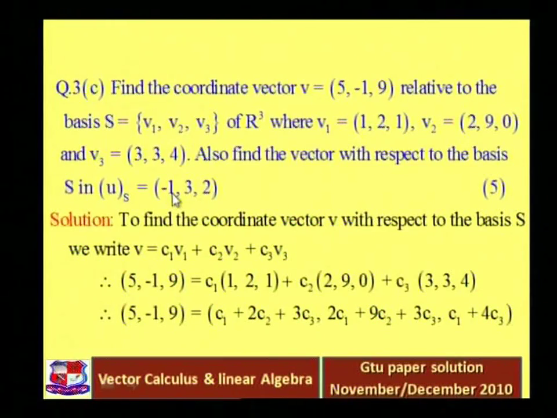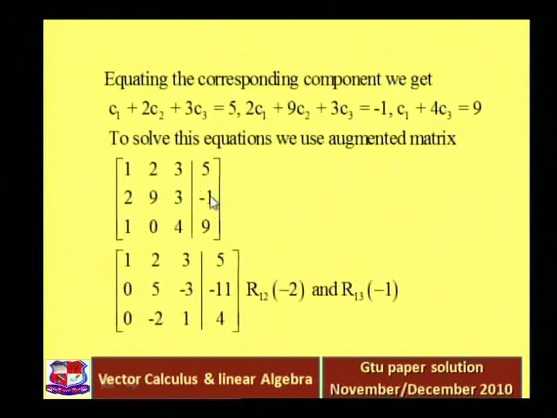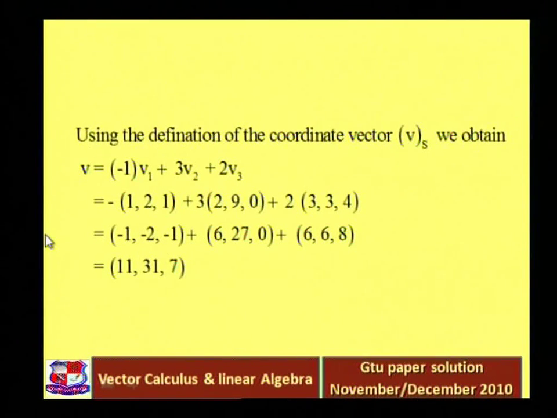So basically we want to find minus 1 into V1 plus 3 into V2 plus 2 into V3. So using the definition of coordinate vector, we obtain V is equal to minus 1 V1 plus 3 into V2 plus 2 into V3. Put the value of V1, V2, V3, that is minus 1 into 1 2 1 plus 3 into 2 9 0 plus 2 into 3 3 4,